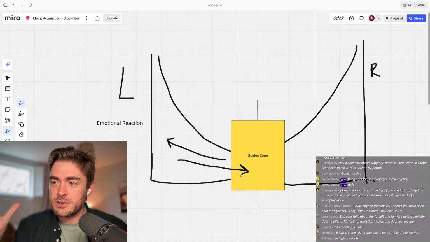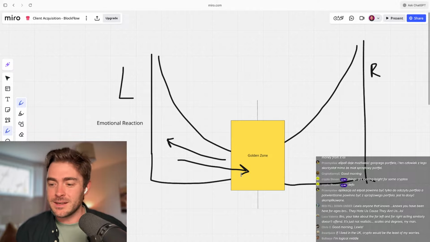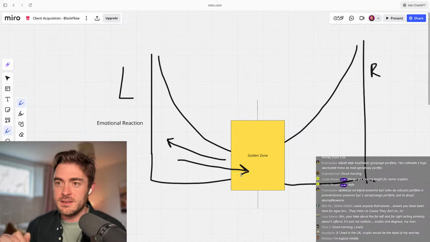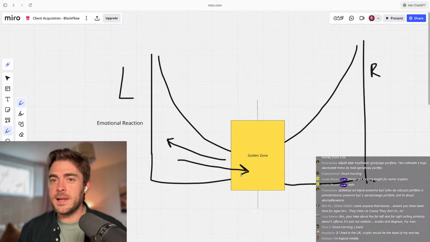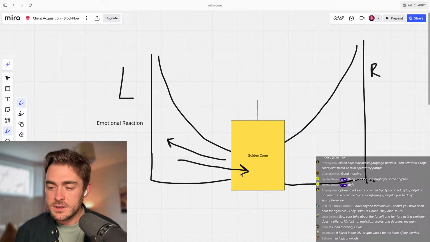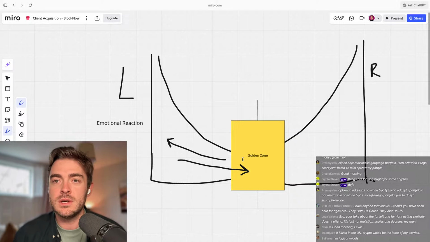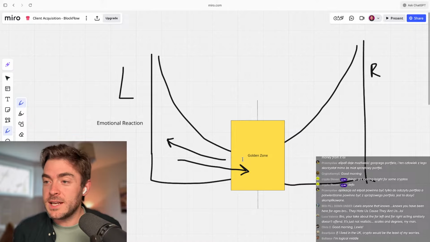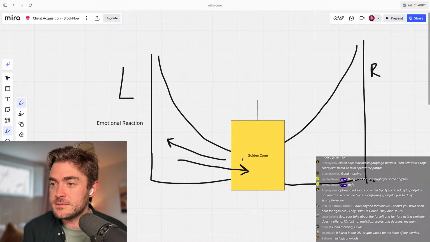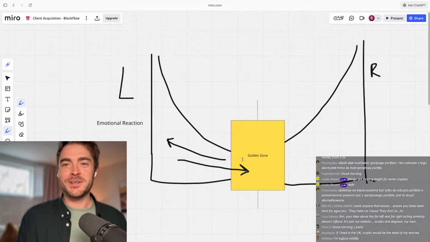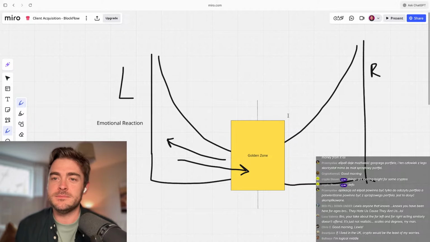And I'm not necessarily always talking about politics here. I'm talking about anything. You've got XRP maxi, and then on the other side, anti-XRP maxi. There's a place in the middle where you can be logical and see both sides. And you can even, as you can see here, lean to one side within the golden zone and still be rational. That's where I am. I'm not telling you where you should be, but I know everyone's different, and if we're blanket statementing people, maybe we shouldn't do that. That's how I think about it.